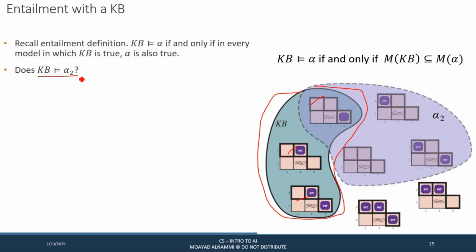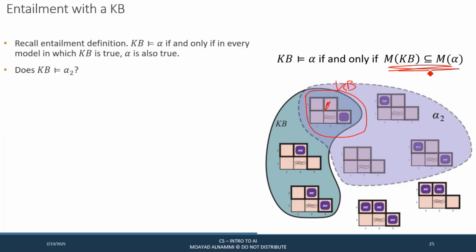So does KB entail alpha 2? No, but this doesn't mean that alpha 2 is false, because remember, alpha 2 contains these four models. It could be the situation that as you gather more information, you find out that the KB just involves this model here. And so now, once you've gathered enough information, this situation holds. And so alpha 2 now is a true statement that you can add to your KB. So I want to emphasize the question: KB entails a sentence is not